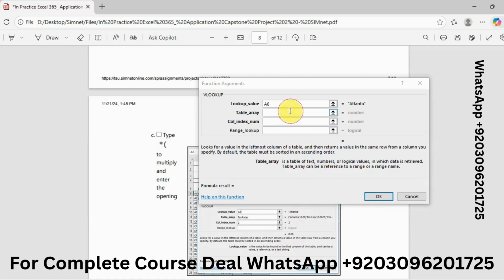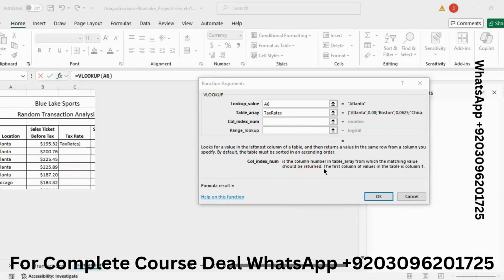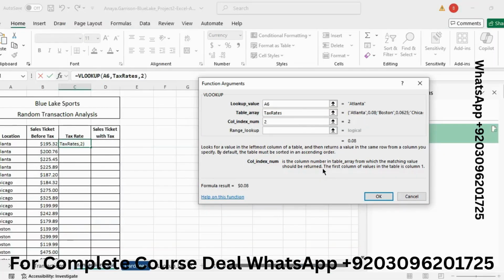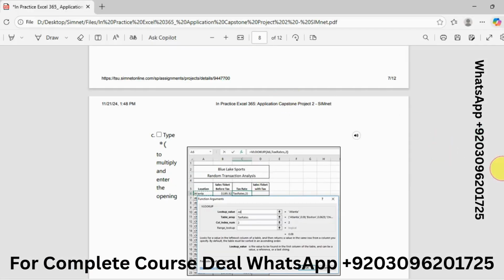Here I need to type text rates and column index is 2. I think so. I need to type 2 here, and then I need to click on OK.